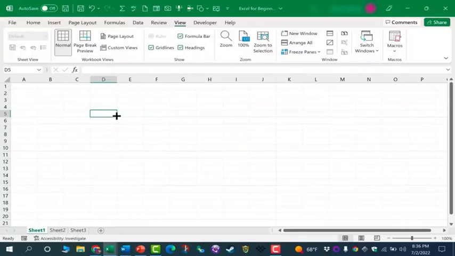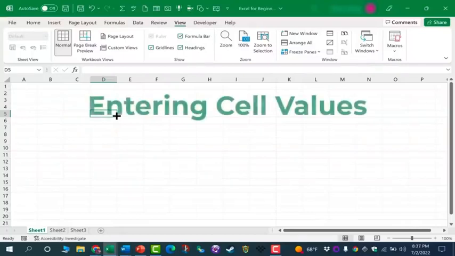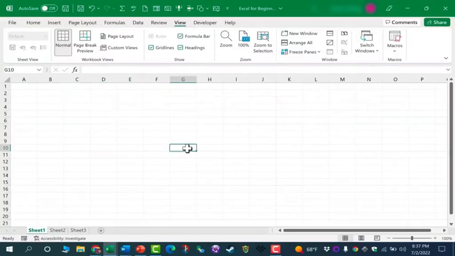Now for the second segment of this course, which is how to enter cell values in Microsoft Excel. Let's say I work for a small business and I've been asked to create a payroll spreadsheet for the employees. Here in column A, I'd like to have the employee ID numbers. In column B, the employee names, and then some information about their wages, the hours worked, how much they are